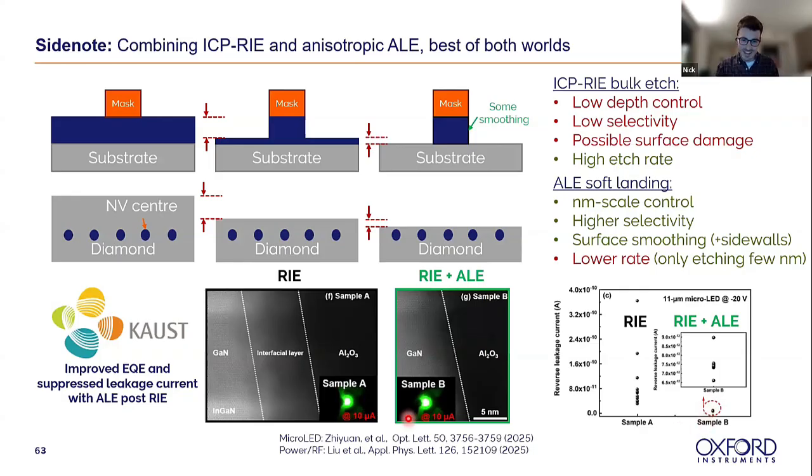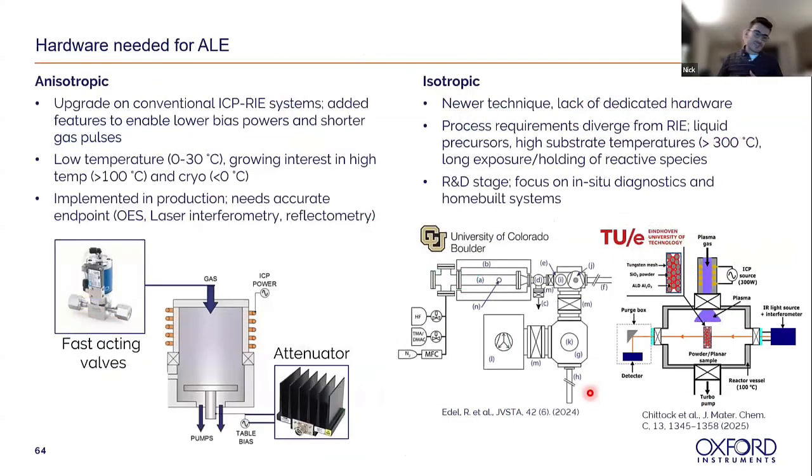So it's quite hard to see in the image at the bottom, but they get slightly brighter LEDs by removing the sidewall. And then they get much lower reverse leakage current and much tighter spread. So you can see for the RIE process, there's a lot of device variability, but for the ALE treated device, there's much less device variability, much lower leakage. So that was just a bit of a side note on one of the benefits of doing ALE in an